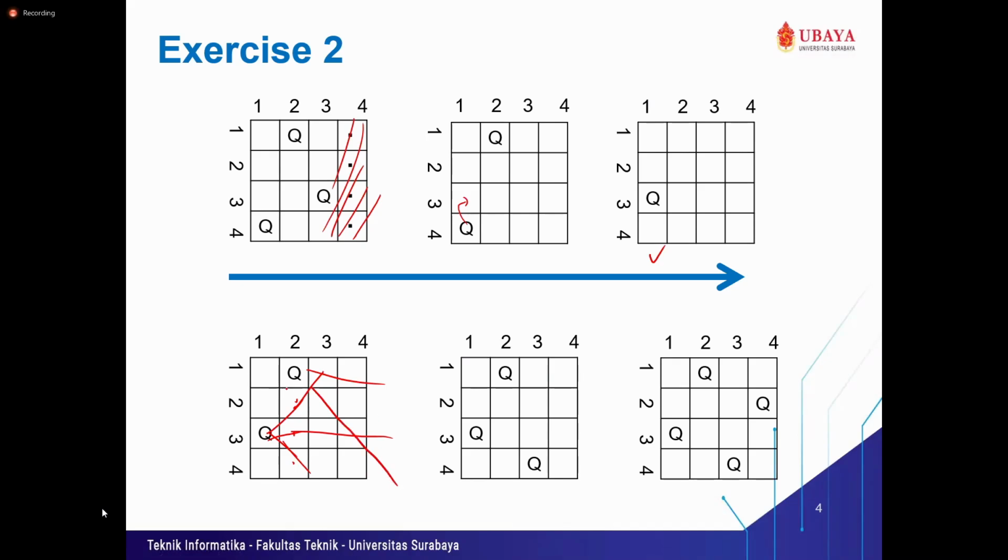Like this. So the ones that we cannot use are these 3, these 2, this one, and this one. This narrows down quite a bit, right?